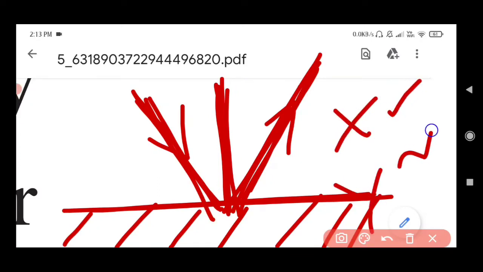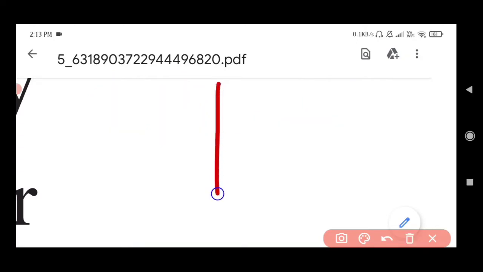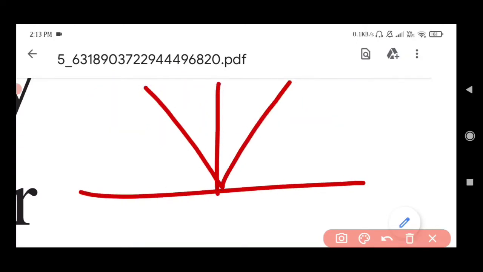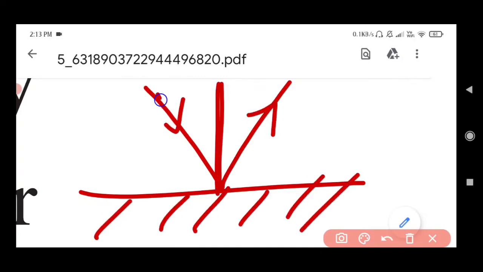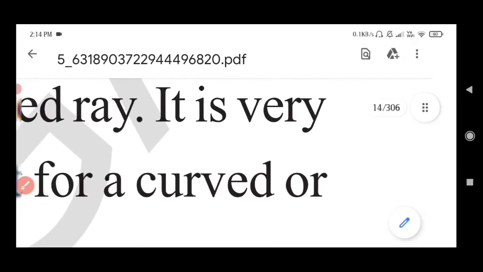You can consider any plane, x plane, y plane, or z plane, but at a time you have to consider one plane, either x plane, y plane, or z plane. This is called the same plane. These are in the same plane. This is your normal, x plane, y plane. I am drawing all these on my single phone screen, isn't it? So this is called your plane.